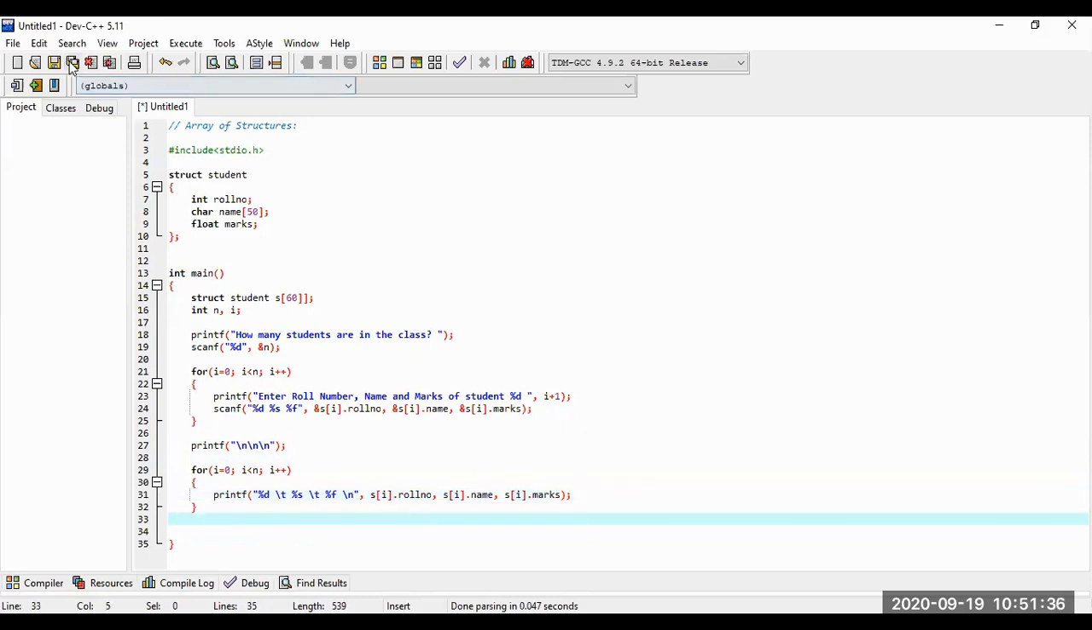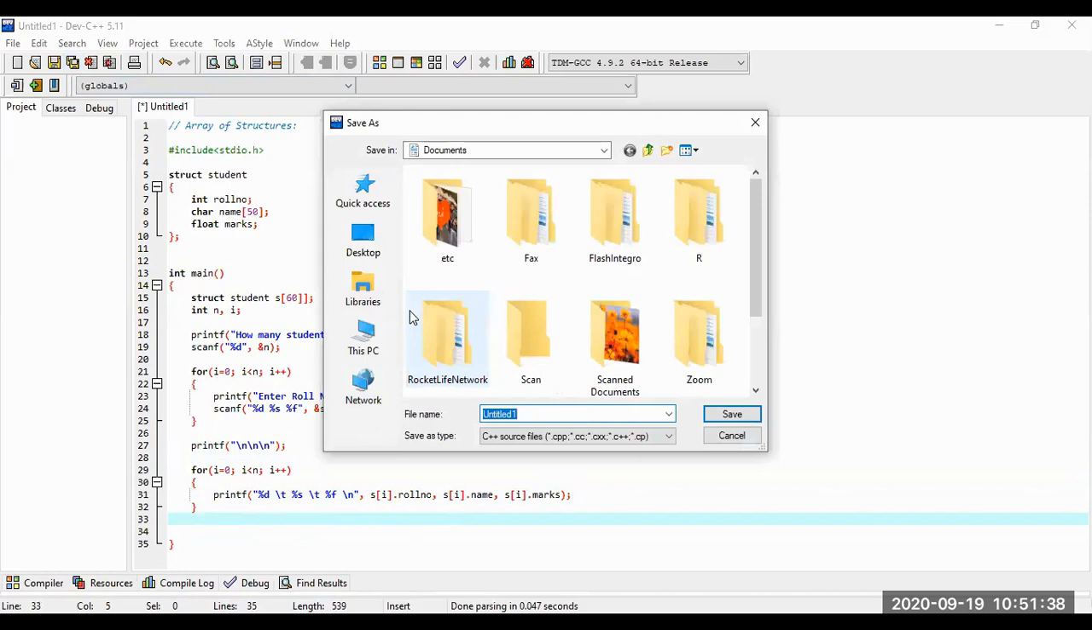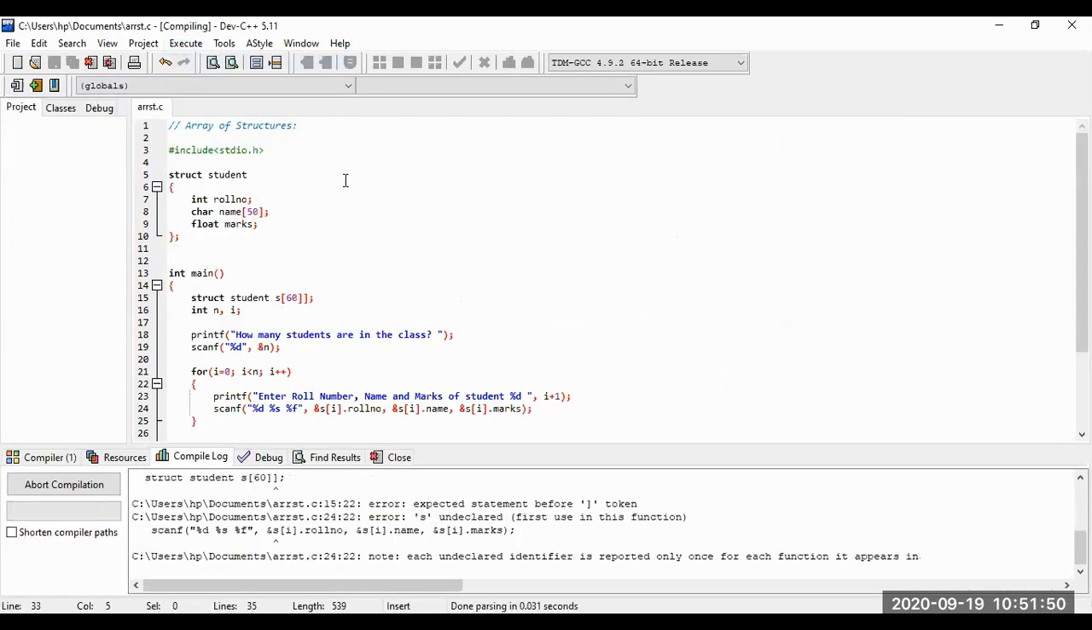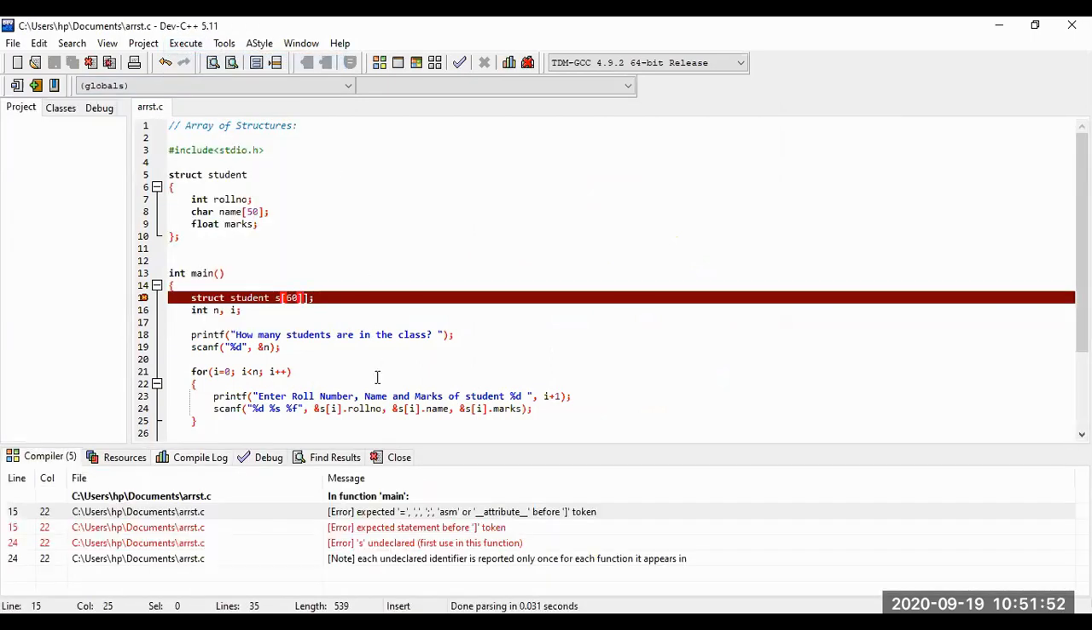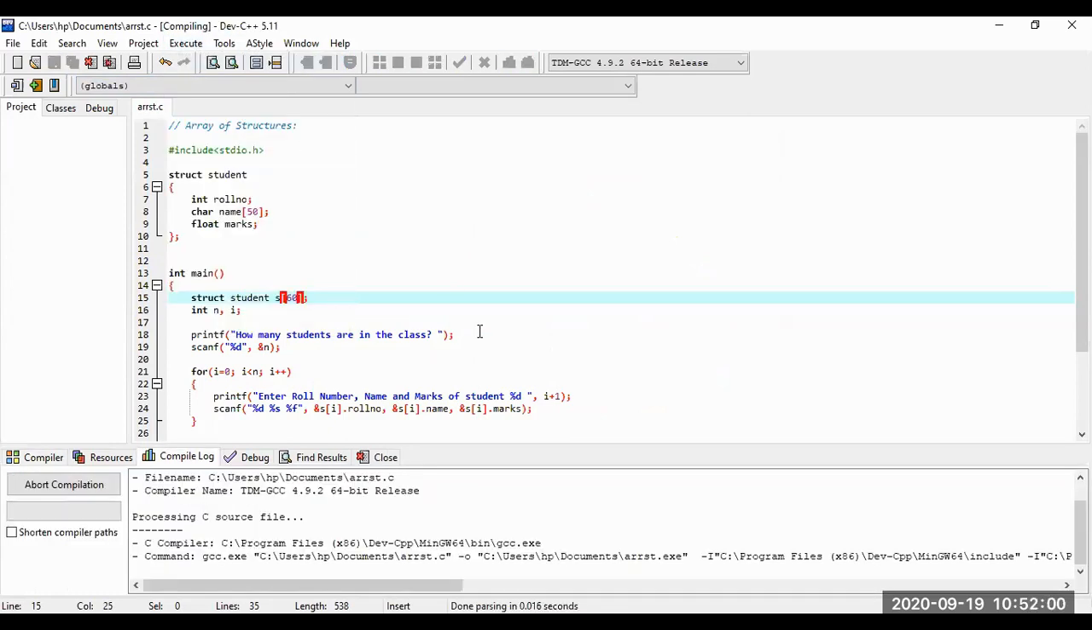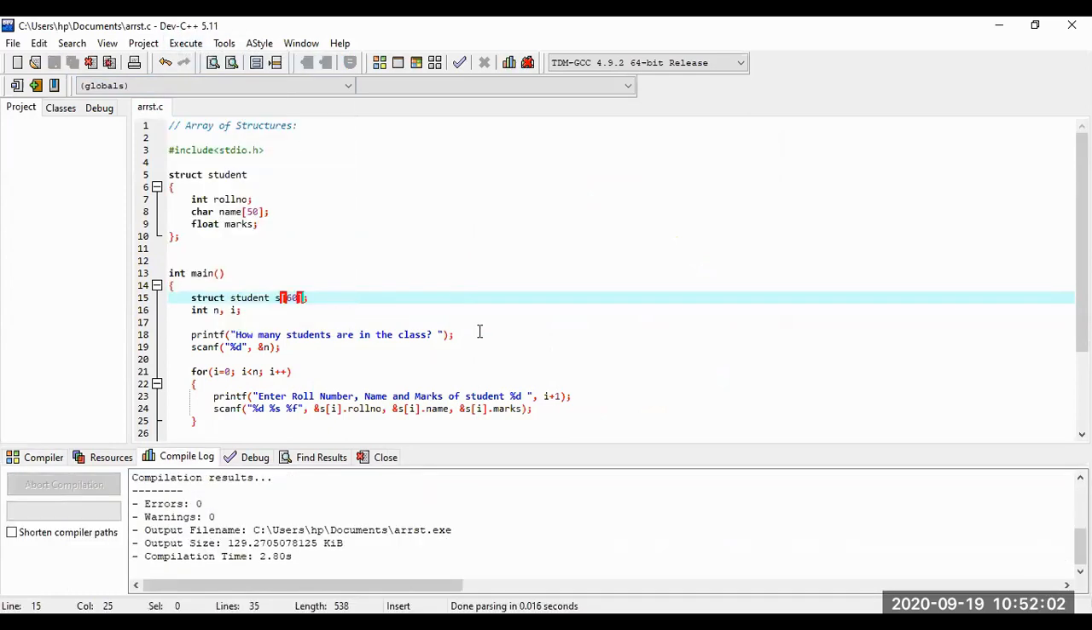Let us save this program, and let us call it arrst.c. Fine. Compile it. It is saying okay here, remove one this thing. Good. Then compile. Okay,